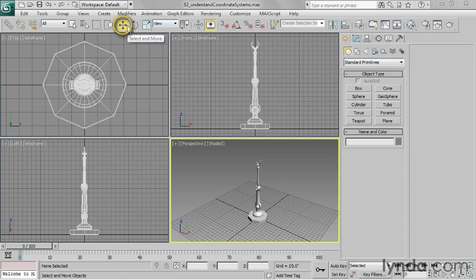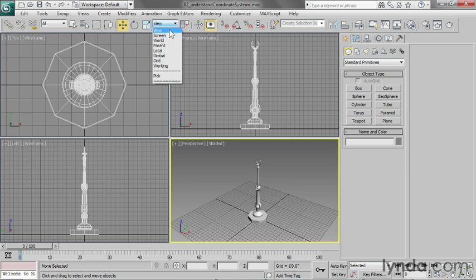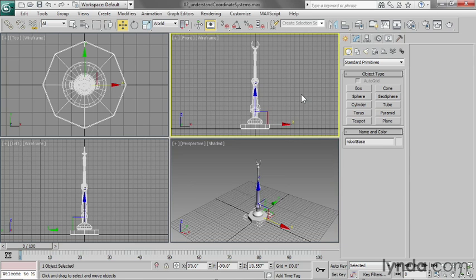Right now I've got the Move tool active, and I can choose a different reference coordinate system. Let's use the World Coordinate System because that's the most easy to understand. When I activate that, then when I move something, it will be moved according to the world coordinates, or along the three axes of the grid. If I select an object such as the base of my robot, you'll notice that the Move gizmo is aligned